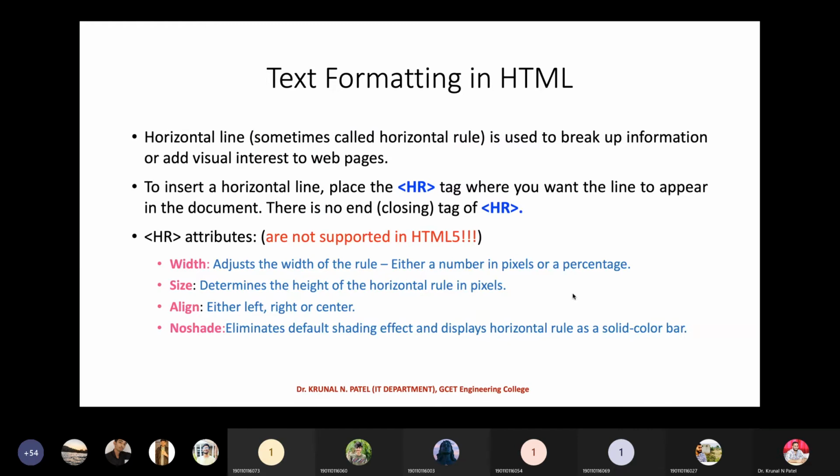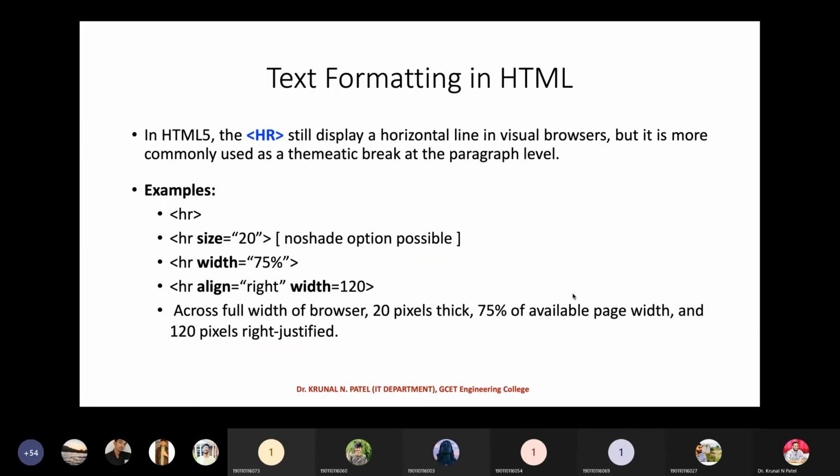We have also discussed the horizontal rule, the HR tag, and within the HR tag we discussed the width, size, noshade attribute and color attribute, right? That can be easily understood by each and everyone because you have also practiced it.